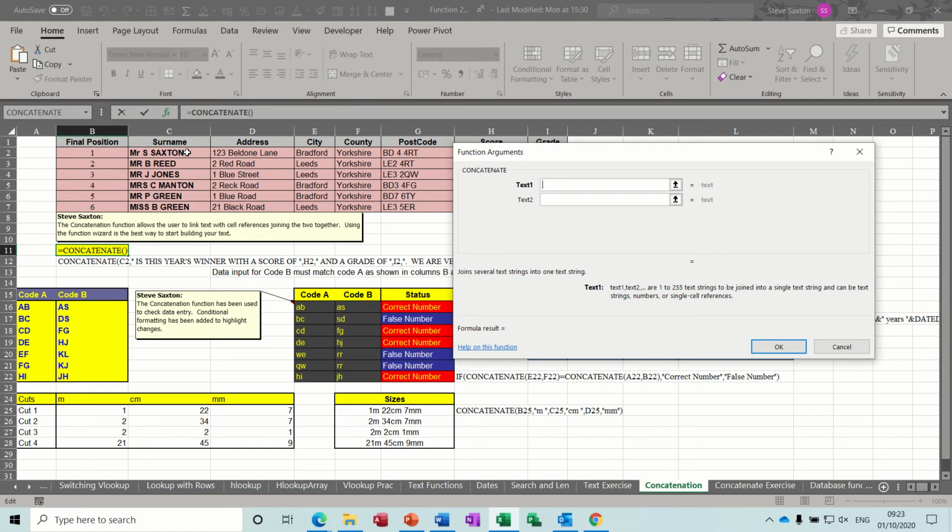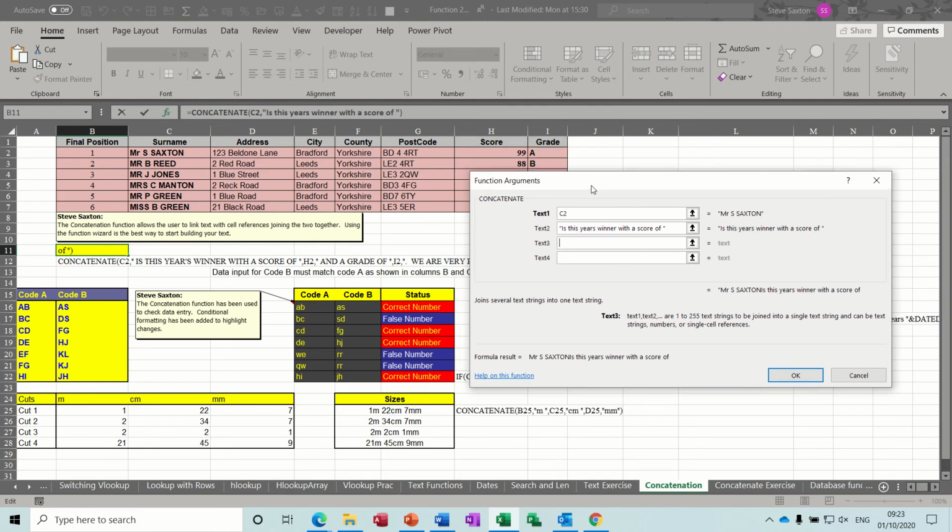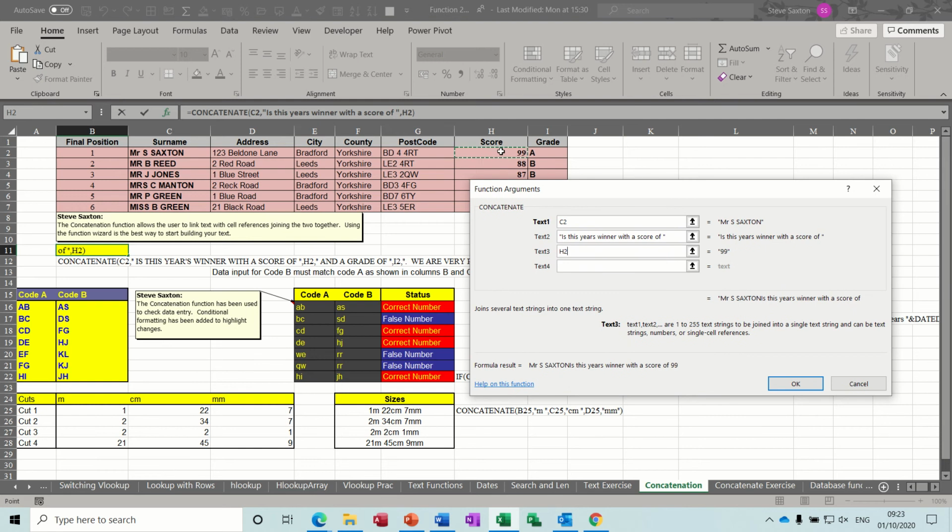So the first thing was C2. So if I click on C2, that's my name. Now I want to concatenate that with some text, and I need to put the text, is this year's winner. Now I know that you need to put a space there because, this year's winner with a score of, and then a space, and now I'm going for the score column, which is H2, and then I need another text string, and a grade of, space, and then A,